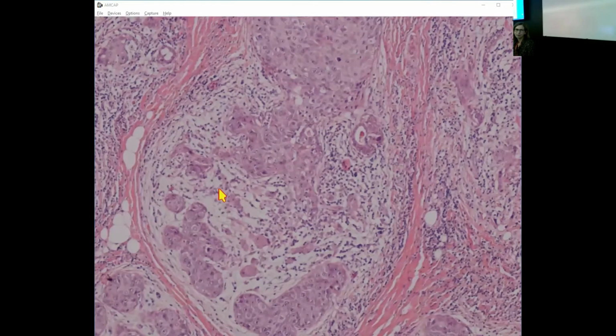And you feel like there's sufficient bulk of disease that it is beyond just a T1mi, right? So I think if nothing is greater than a millimeter, even though it's multifocal in this way, I would still call it microinvasion, but I would just say that it's present widely throughout the specimen